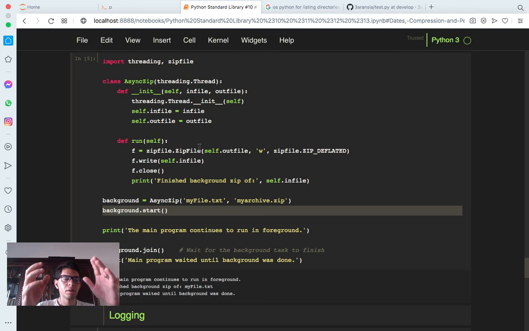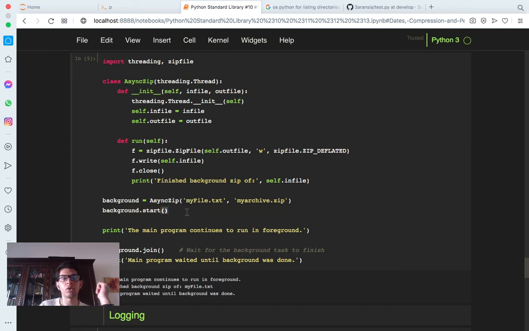Sometimes you want to compress a lot of files, and with that you also want to do some other things. Instead of waiting for all your files to be compressed, you can execute this snippet of code, and maybe after this,